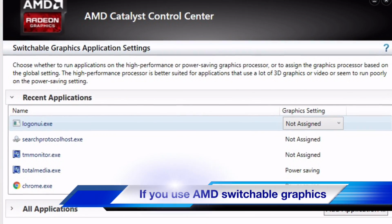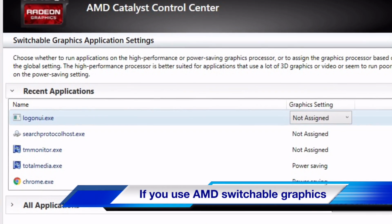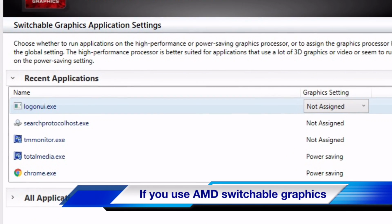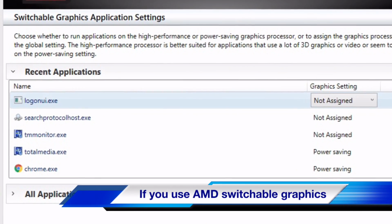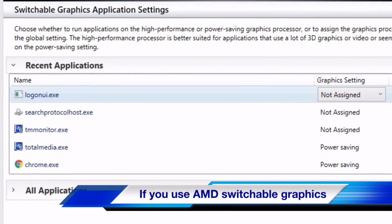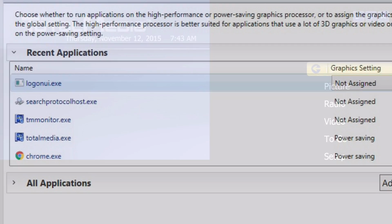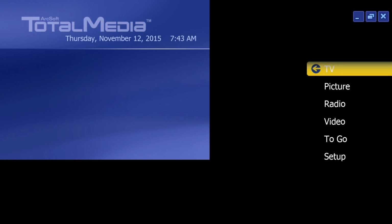The software installs very easily, but here's a note for anybody who's using AMD switchable graphics. You're going to need to change totalmedia.exe so it's in the power saving mode, or else you won't get any picture at all. I learned that the hard way. The Total Media app starts up and it looks a little bit weird in full screen mode, but what you want to do is just go straight into TV. Once you do that,